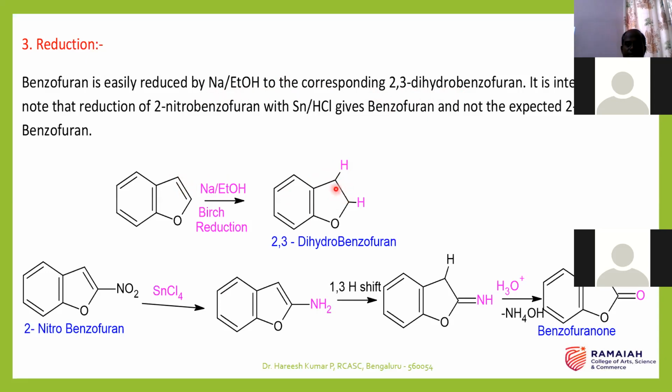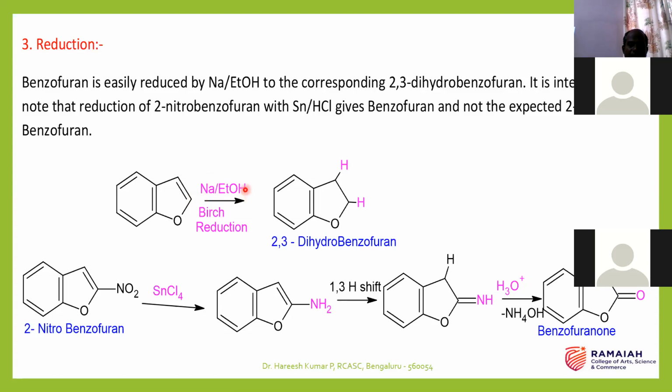So here there is no double bond; the double bond is replaced with hydrogen. Here the sodium will act as a source of electrons. You know that sodium can give one electron to become Na plus. So two sodium atoms can give two electrons, thereby leading to the formation of a bond. That means two sodium can give two electrons to here, and those two electrons can form a bond